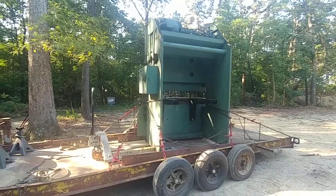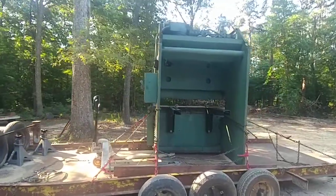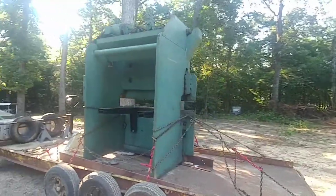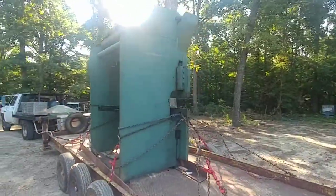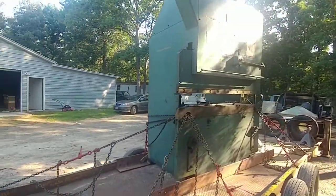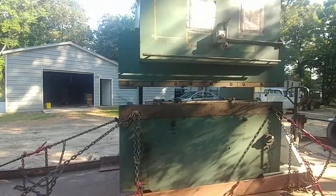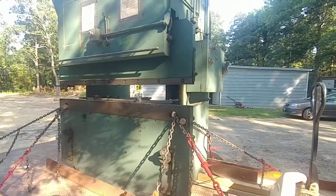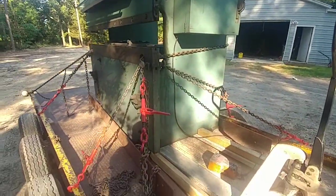Here it is. It's home. Buddy of mine helped me get it to the house, and this thing's heavy. Looked online, and the best I could figure it was just under 10,000 pounds, but I'm pretty sure it's more than that. But yeah, we got it chained down pretty good,